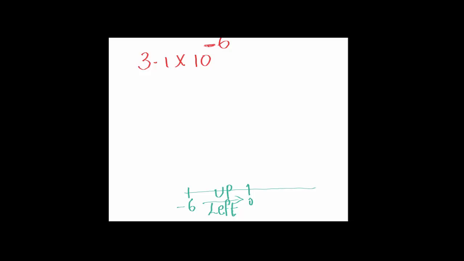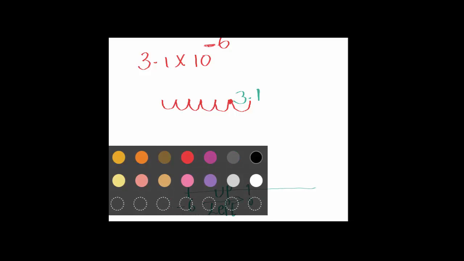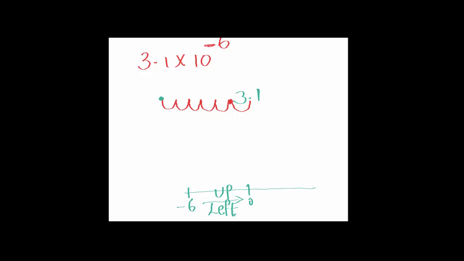So meaning that I have a number 3.1. I need to move the decimal point to the left by 6 places. So that's 1, 2, 3, 4, 5, 6. That means that's where my new decimal point is. So I'm going to replace everything by zeros. Now this decimal point is gone. So the final number that I'm going to end up with is 0.000031,